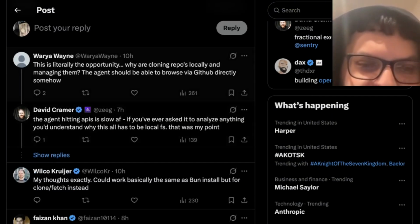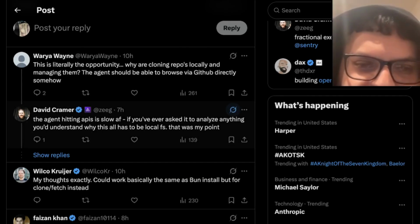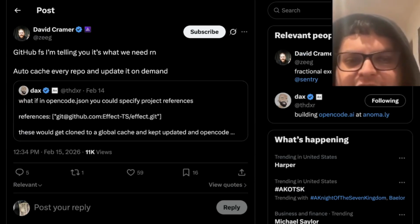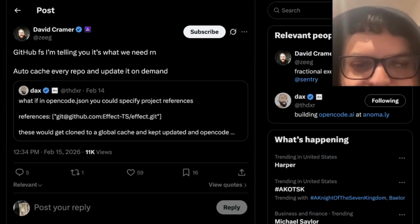So pretty interesting. And then as you can see here as well, he's like, the agent hitting APIs is slow AF. So everything needs to be local, which is very fascinating. And as much context as you can have is really important. Next, we have a tweet from this guy,